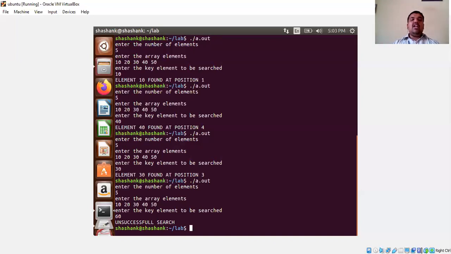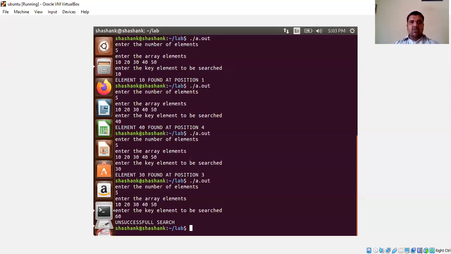So this is about your binary search program. Try to increase the number of elements and find the key element at different positions, either in the first half of the array, the second half of the array, or exactly at the middle of the array, and trace the program once to see how it exactly works. We have already seen the detailed tracing and explanation in the theory classes, that is in the third module itself. So this is a brief explanation of how to execute this program.